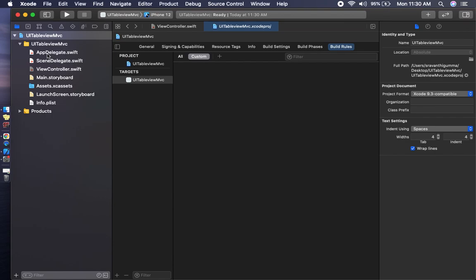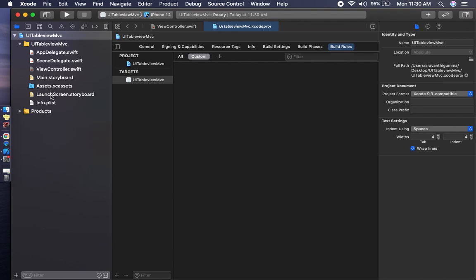Like the app delegate: when we create a project, it will give the AppDelegate.swift, and it will also give the SceneDelegate.swift. It is a ViewController. In the ViewController we have to give the main type, we have to write the code, everything. It is Main.storyboard, which is used for designing the storyboard, everything. And assets means we will give the images, everything, in the Assets.xcassets.